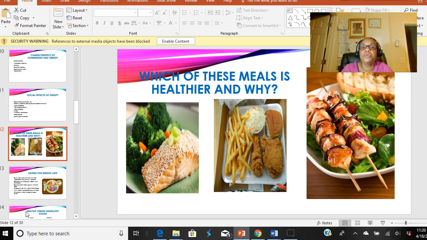Now, the one on the extreme left is most nourishing because of the methods of preparation, and if we look closely, it has vegetables. These vegetables are good, and they're low in calories. So if I was selecting a meal, I would definitely select the one on the extreme left. My next choice would be the one on the extreme right, not the one in the middle, because that is high in calories.